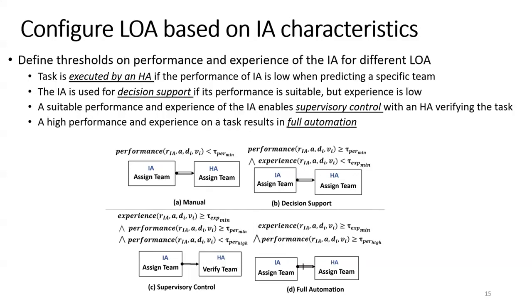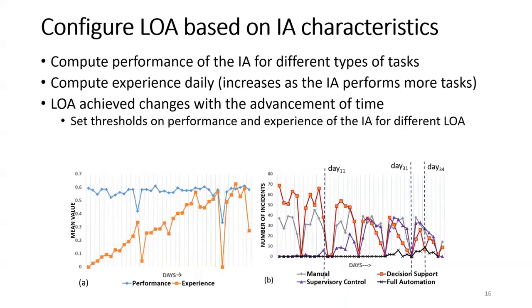task again. If the performance and experience of the IA is suitable, then it could be a supervisory control where the HA could verify if the team assignment is valid or not. And finally, when the performance and experience of the IA is high, then the task could be configured to full automation, which means there's no human agent involved. So given these levels of automation that can be achieved,